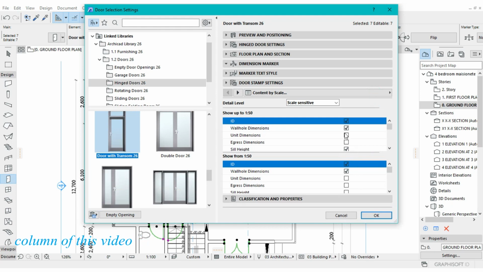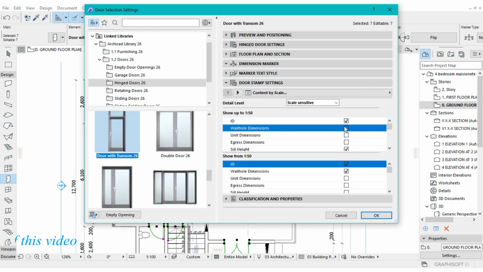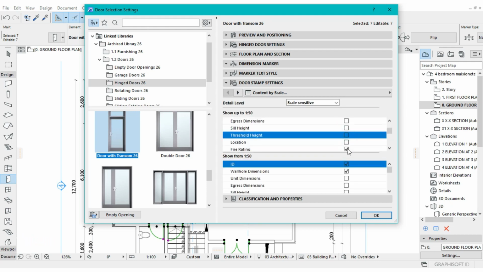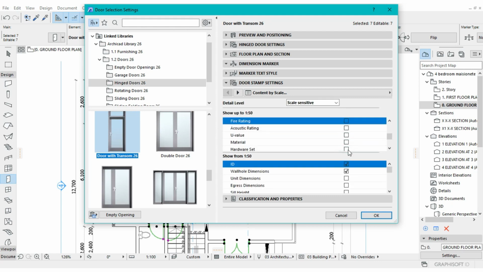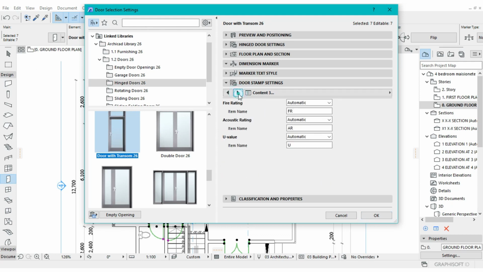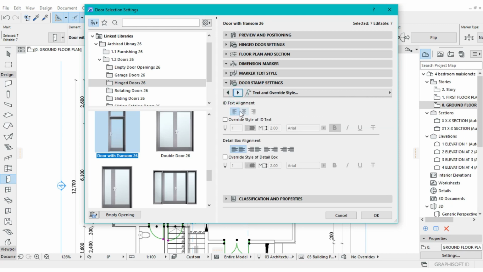and then just uncheck that. Don't want the whole side wall dimension, don't also want that, don't want these ones. I only want to see the ID, and just continue until you reach this point, then override this one ID text. I'm going to change the size to 1.5, not 1 and not 2, sorry, 1.5,